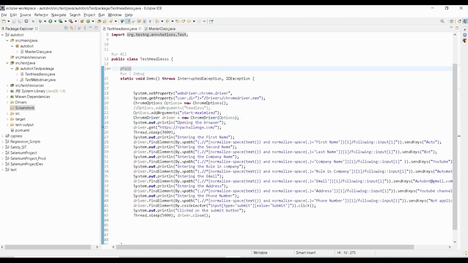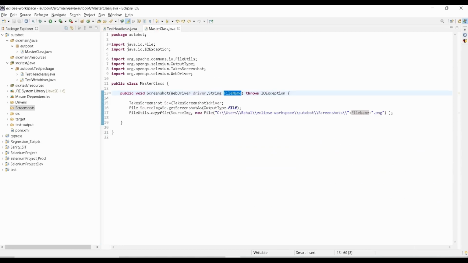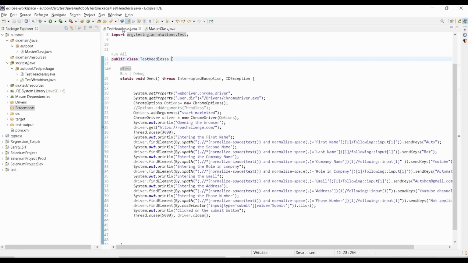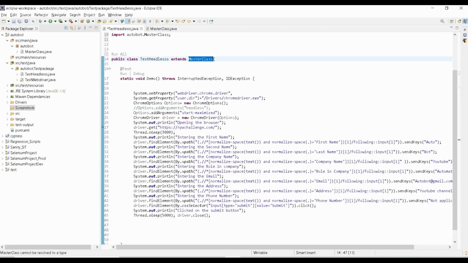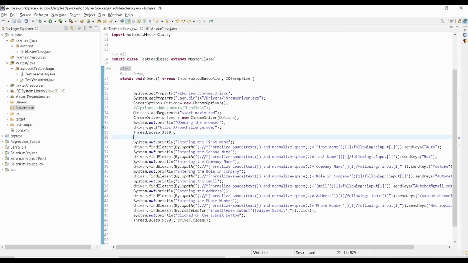So let me do one thing. So here you can do it in two ways. Okay, either if you're inheriting this master class, you can directly use this screenshot method. Okay, so now I'm not going to inherit that. Okay, or let me do one thing. Let me inherit this extend master class. Okay, so that's it. Just import it. Okay, now what I need to do, here we are opening up the driver, right? So here I'm going to use